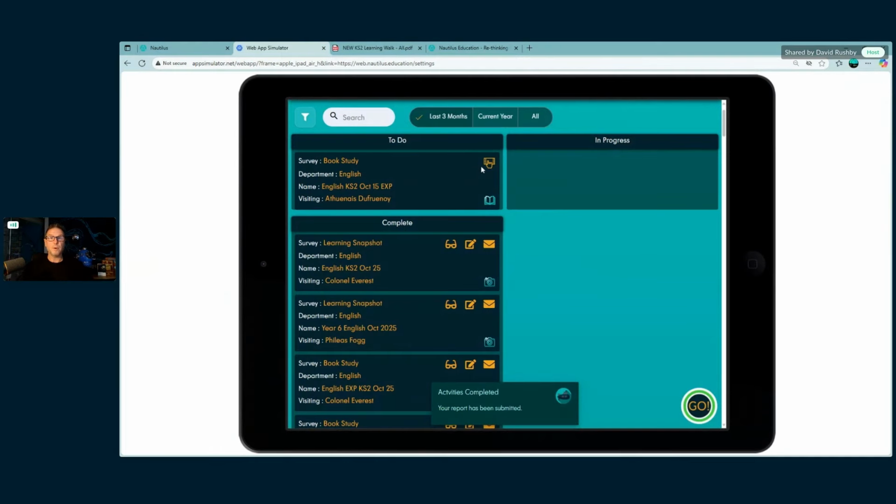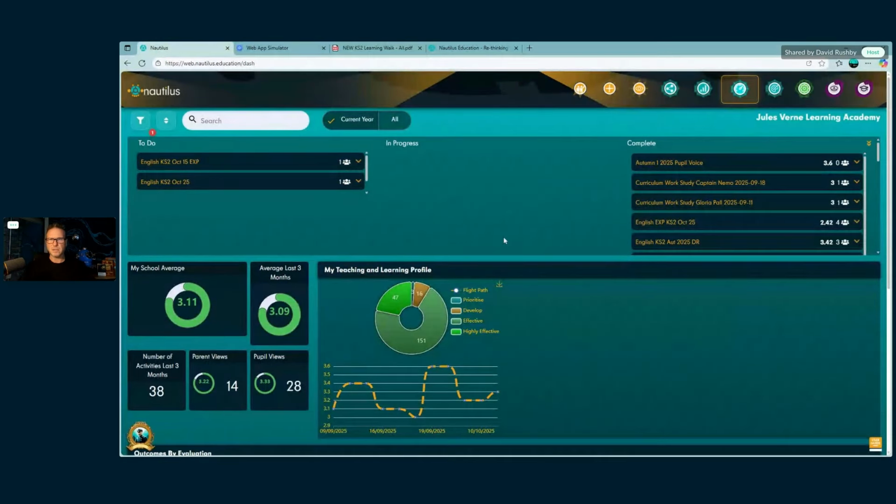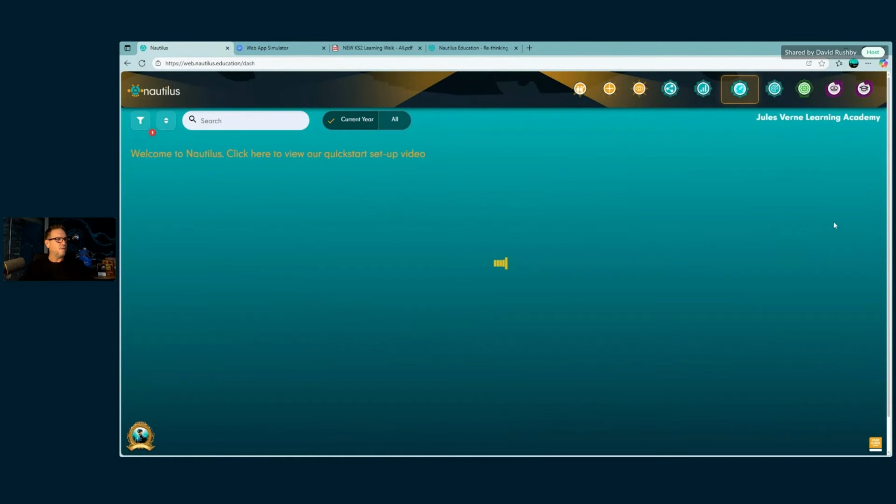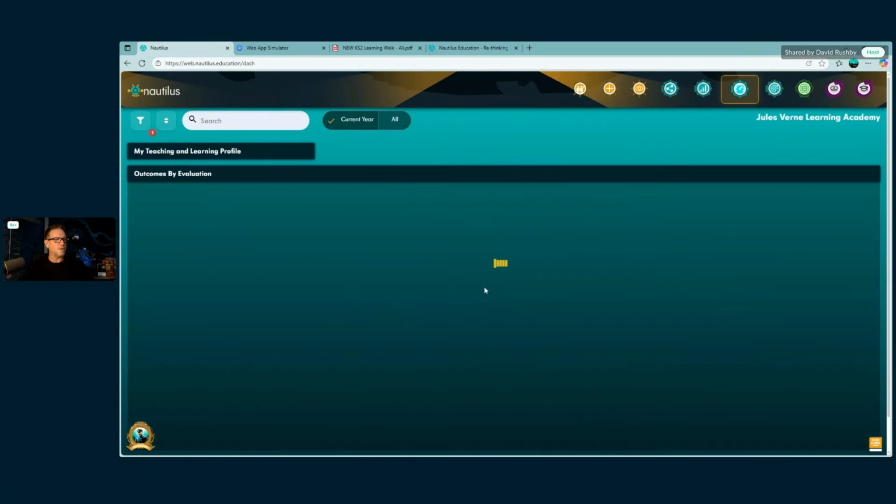And then I've got one book study outstanding. I'll come back to that one if we've got time in a moment. So heading back to the analysis and the dashboard here, I can see all of the insights coming into one place. I'll just refresh this page for us, and then we could take a little look. And what we can do in here